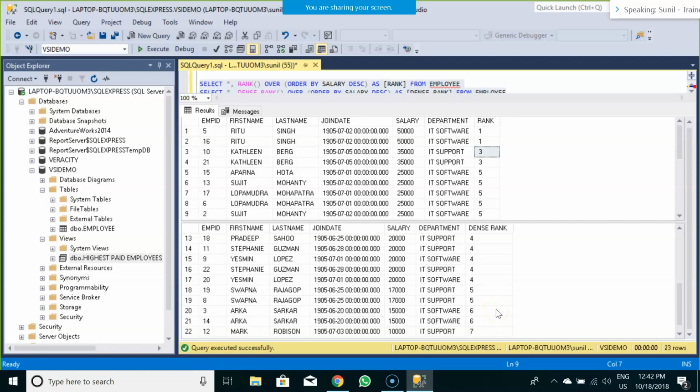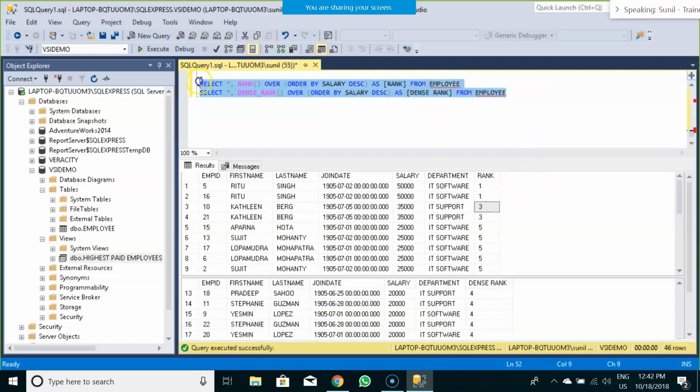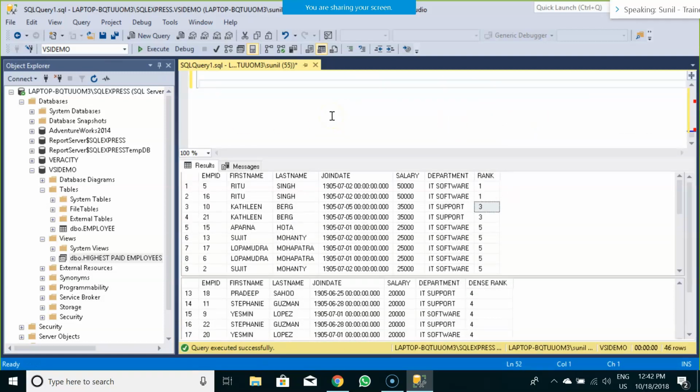Now, what would happen in case of partition? If we apply partition on this dense rank, what would happen? Let us check. So I write here select star comma dense rank over partition by department.